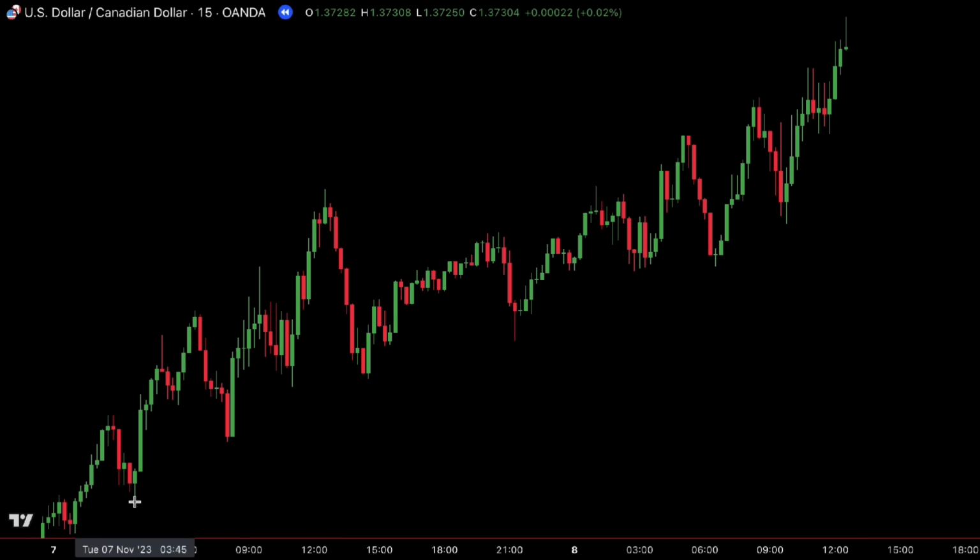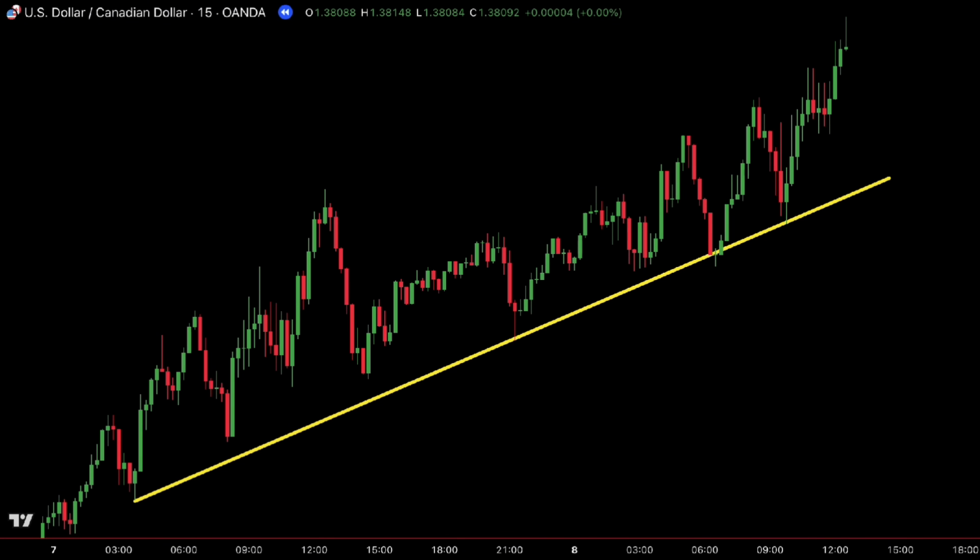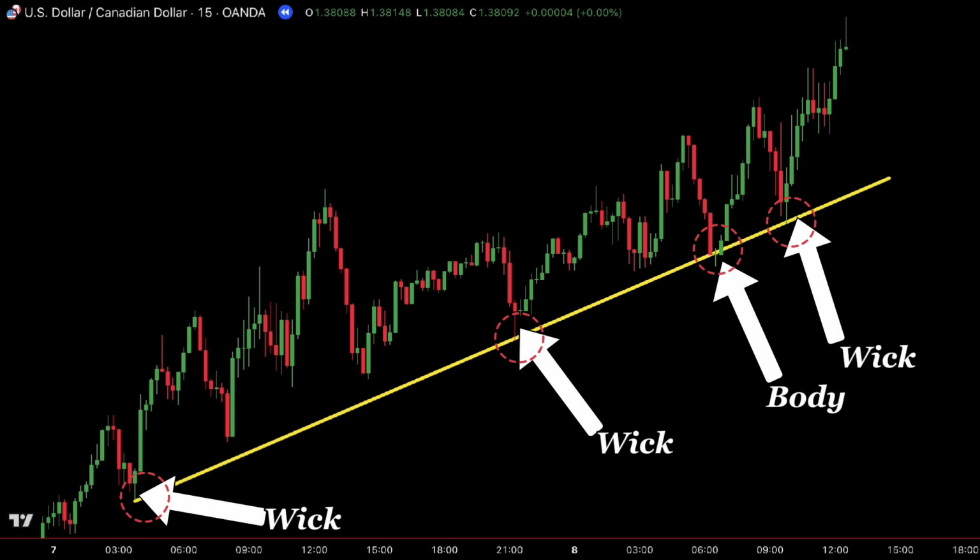Now let's focus on the trend line drawn from the swing lows. Just like in the previous example, you'll notice some variation. In some cases, the line aligns with the wick lows. In others, it connects better with the candle bodies. And sometimes, a combination of both gives the most consistent result. This is completely normal. Your goal is to connect as many meaningful points as possible, not to draw a perfectly